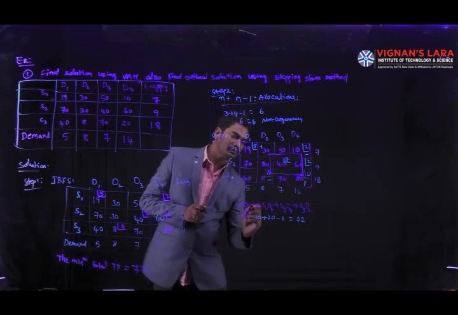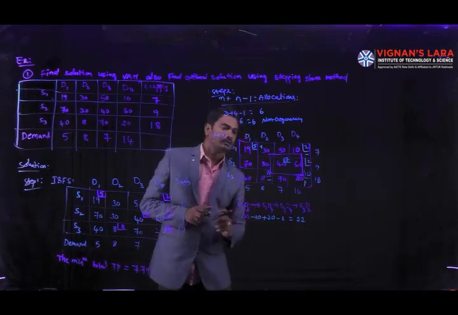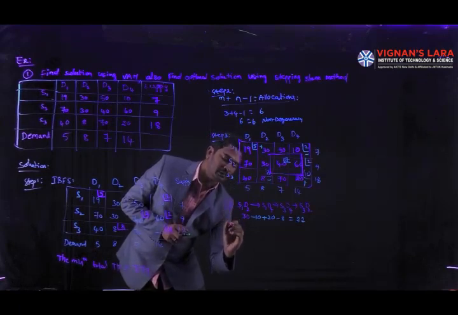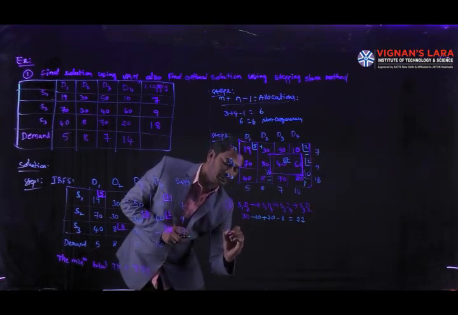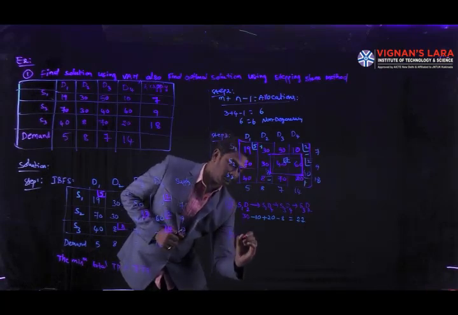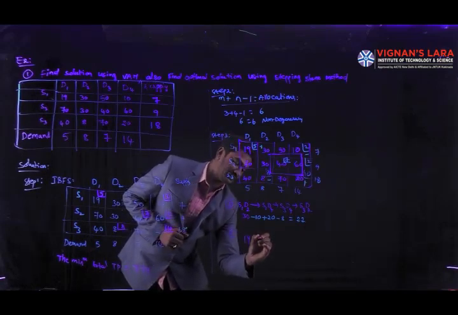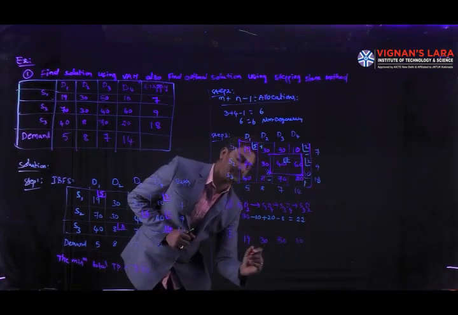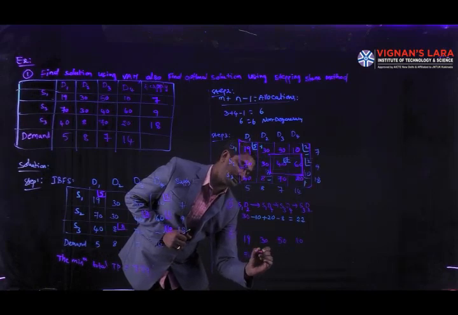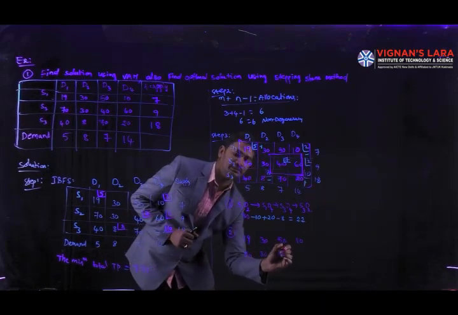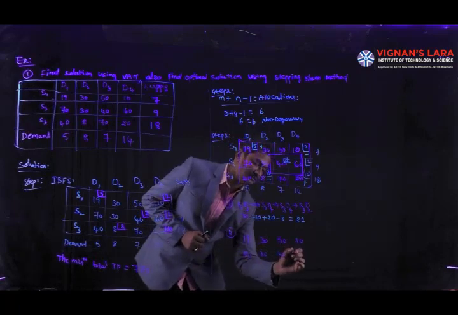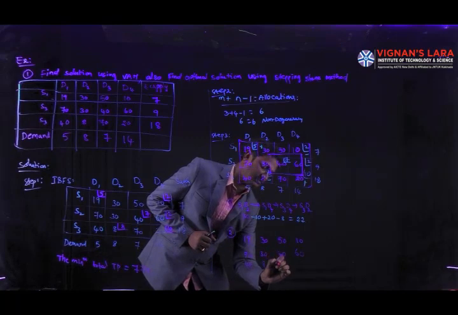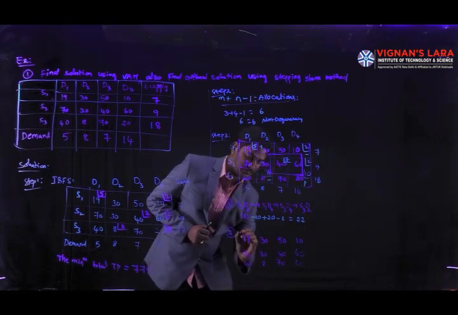Next, coming to the second one. This is loop 1, and now loop 2, or iteration 2. The table of 19, 30, 50, 10, 70, 30, 40, 60 and 40, 8, 70, 20.